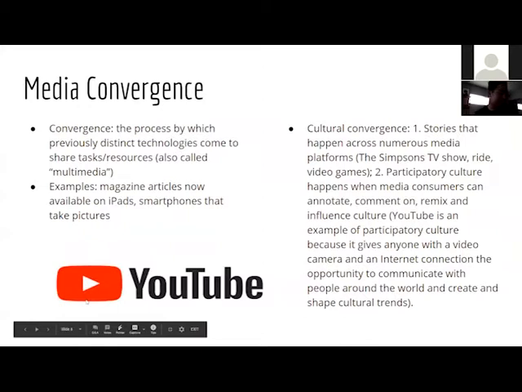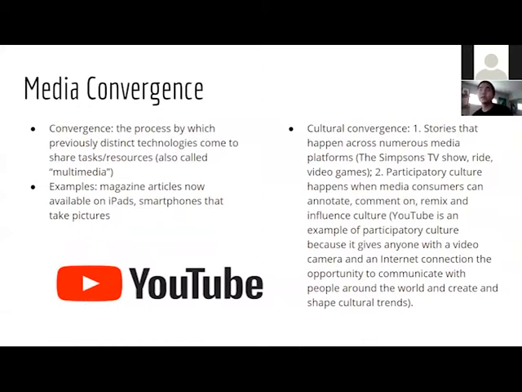So one of the first things from chapter 1 you learned was this idea of media convergence. Another name for that is multimedia. That just means stories that happen across numerous media platforms. For example, there's a Simpsons TV show. You go to Universal, there is a roller coaster, there's a video game on PlayStation,